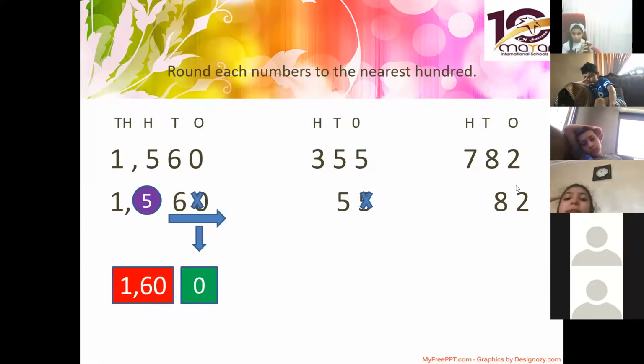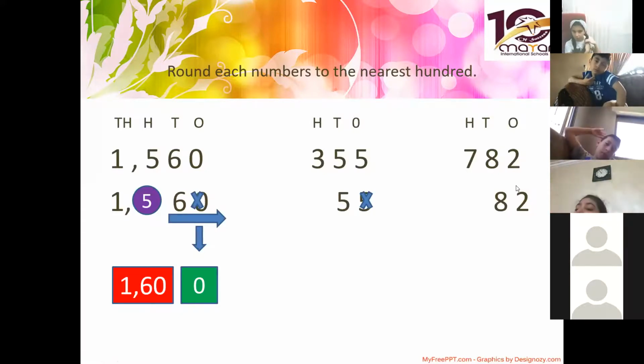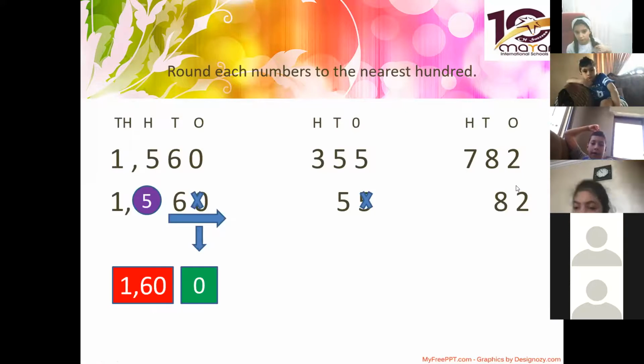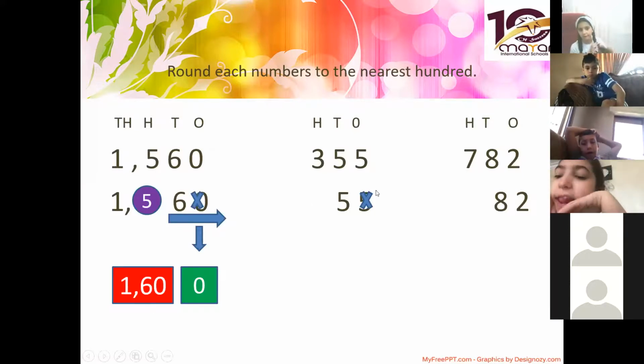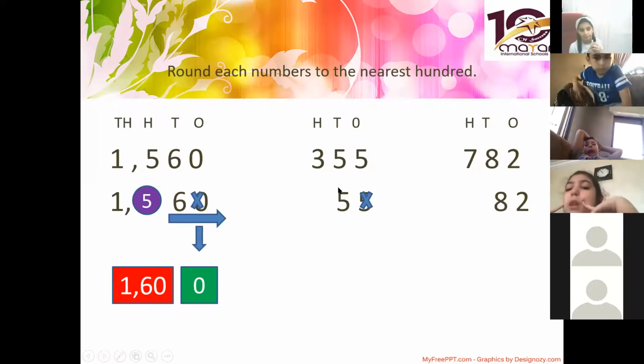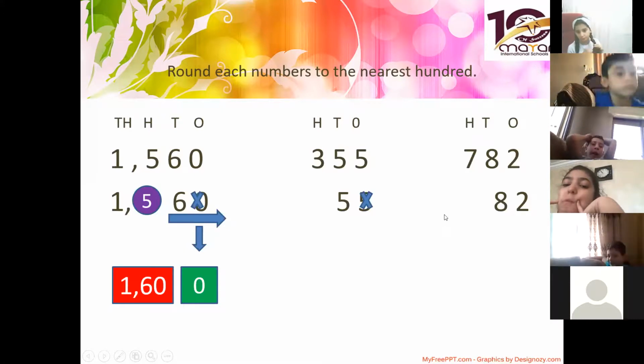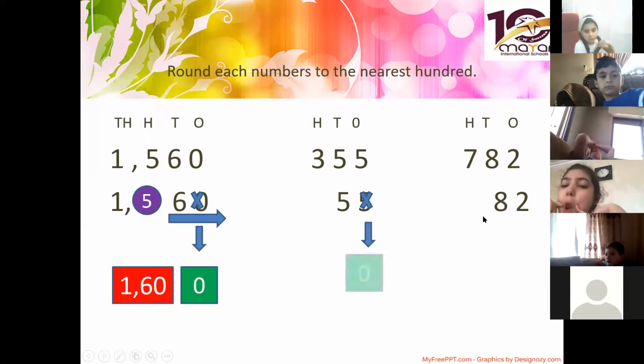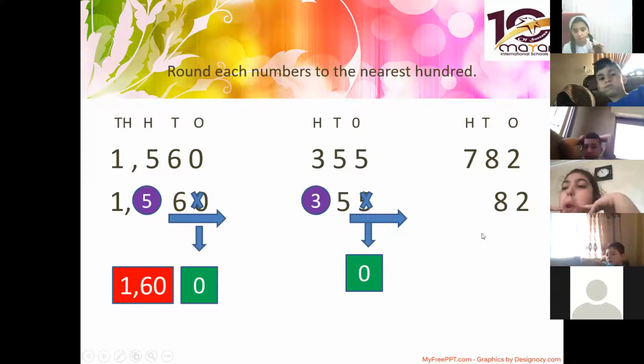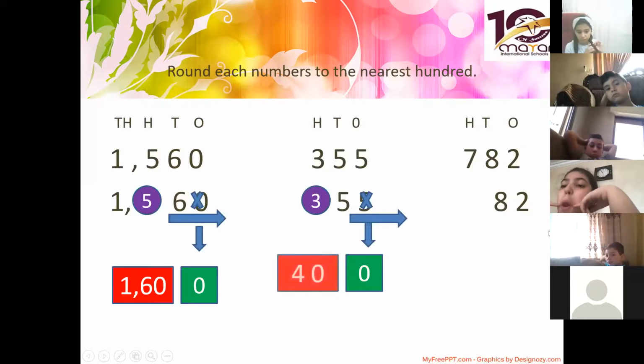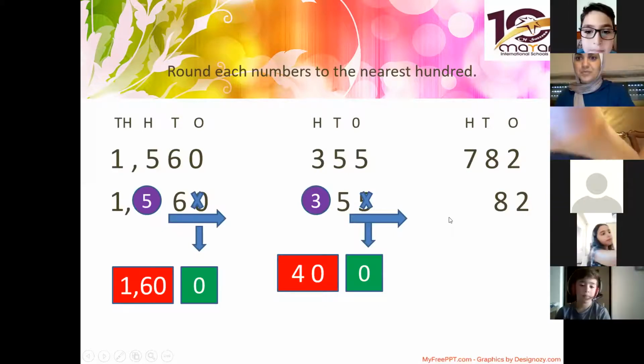The hundreds that surround this number are 300 or 400, okay? So where do you think this number should round to? 400. Let's see if you are right. Yes, you are. Thank you very much. Welcome. Now,